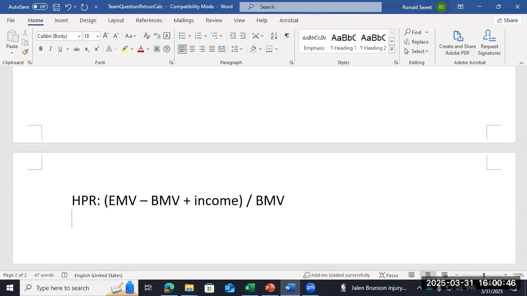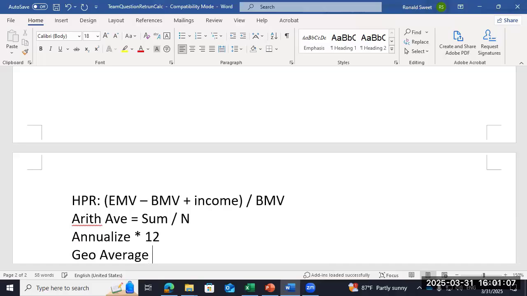You can't look it up. Then you've got to do the arithmetic average, which is just the sum divided by the number. And you annualize. You just multiply by 12. Then you do the geo average, which is